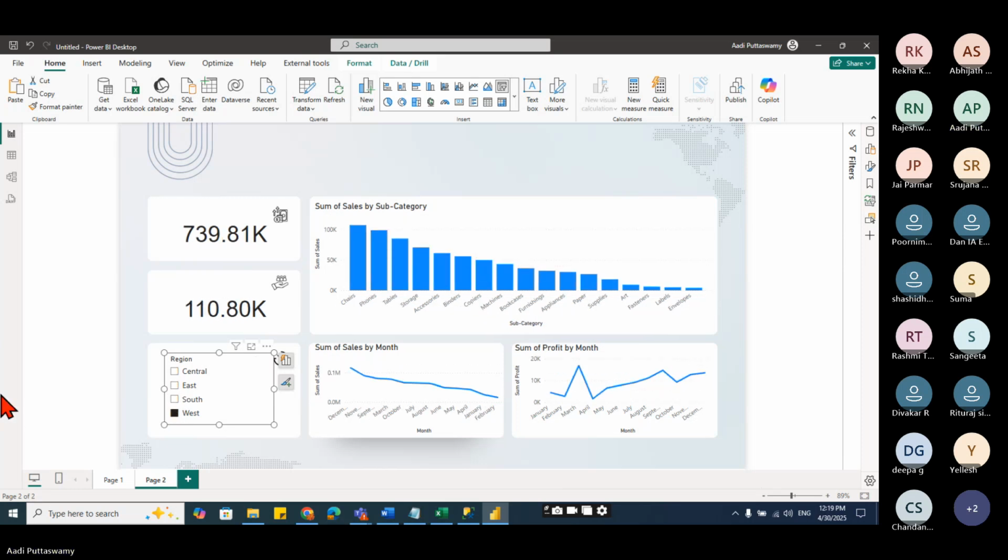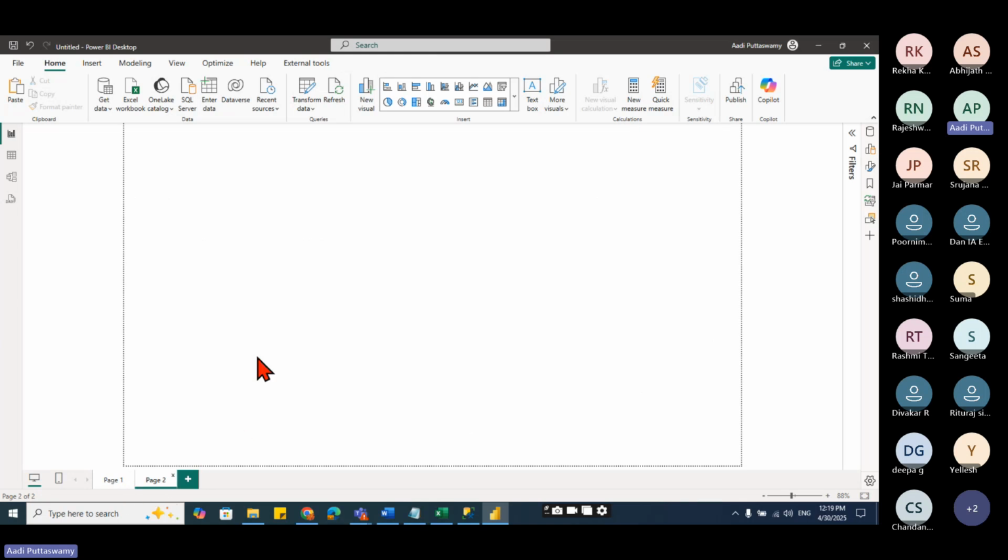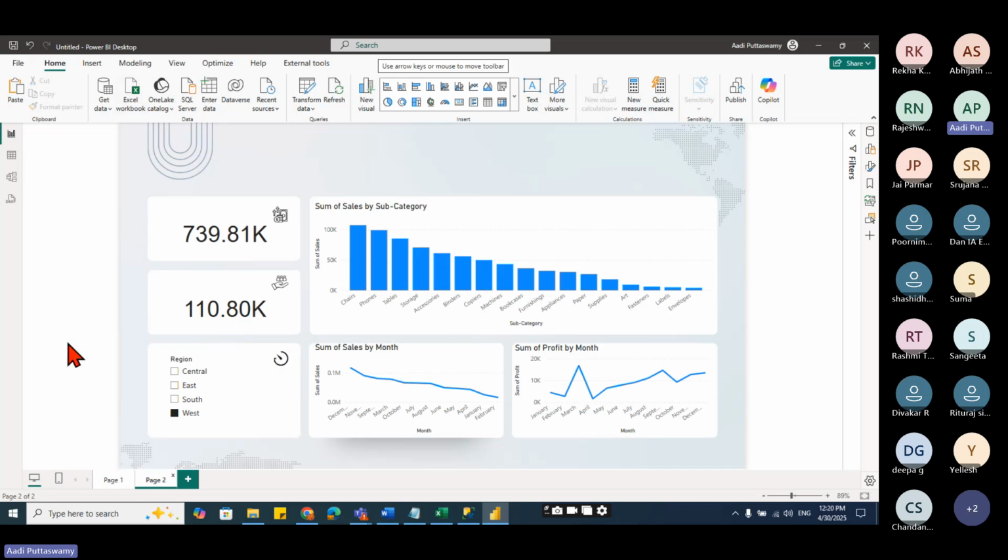Within few minutes, we could create one dashboard. But if you're not formatting properly, can you see that it looks like this? So this is how actually you can plan your reports in Power BI. So Power BI is very easy. You can go here, just see here, you can create some reports.